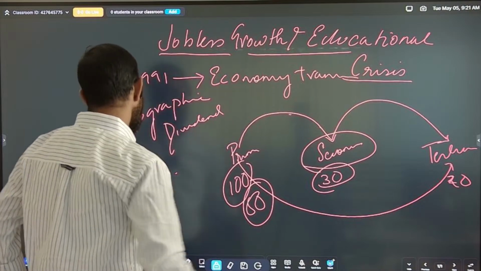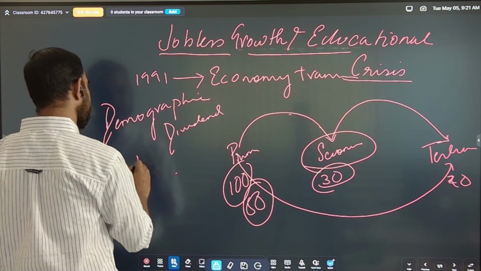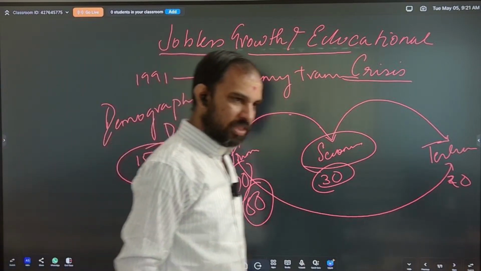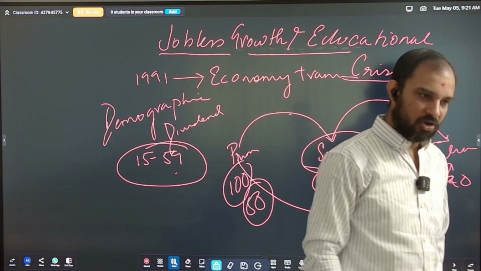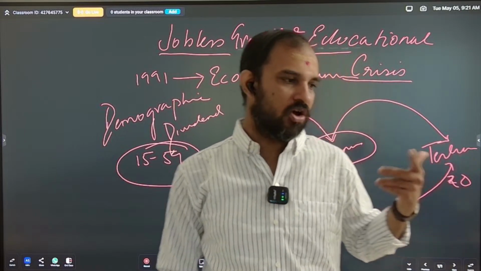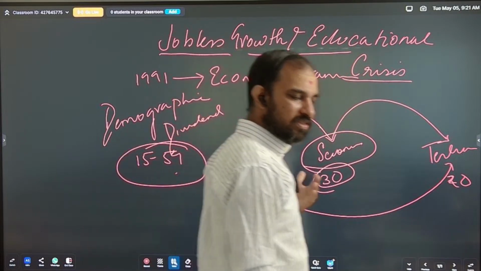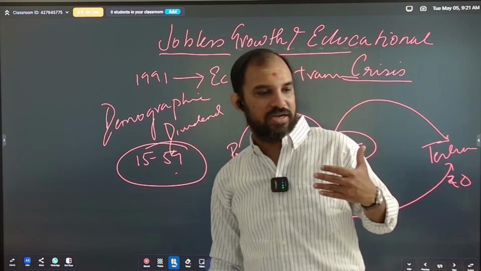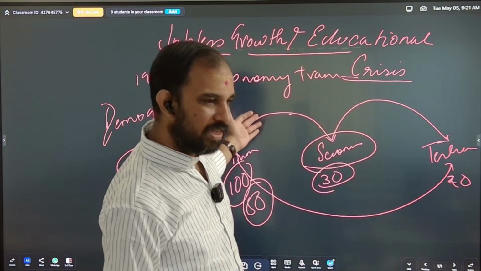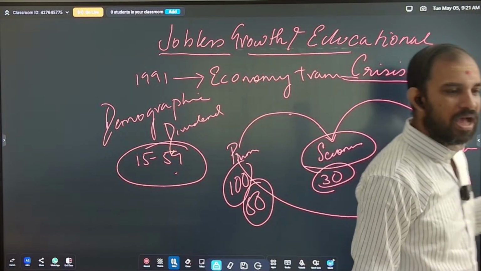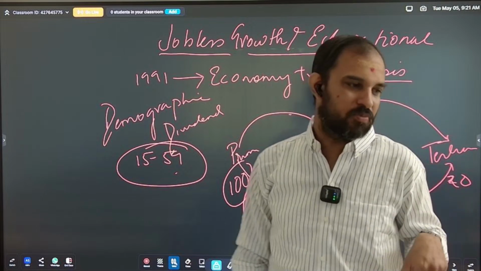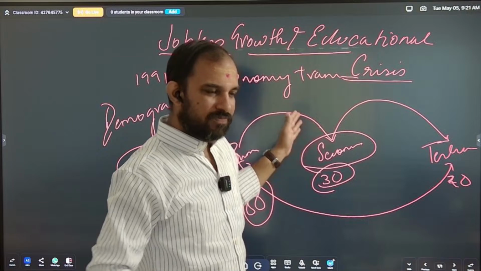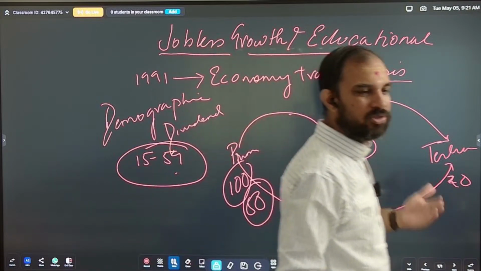Very good. Maximum population of India is from 15 to 59, working age. When they can work, they are not a burden on the economy. They can contribute to the economy. When such a scenario is happening, we call that the country is undergoing a demographic transition, which is known as demographic dividend, wherein maximum of the people are in contributory mode rather than receiving mode. They can contribute to the economy rather than get from the economy. If they are from 15 to 59, that means they can work and contribute